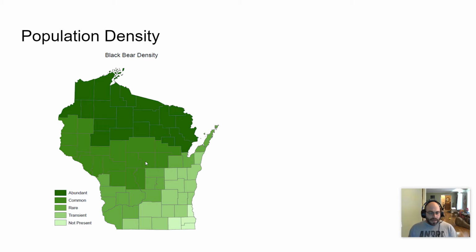This is black bear density in Wisconsin. Notice, where would you expect the most people to live in Wisconsin? They would live in the southern part of the state where climates are more hospitable. This is actually a city. This is like Milwaukee here, so you would expect black bears not to be in Milwaukee. But as you get to the northern reaches of the state where there are less people, you'd expect for there